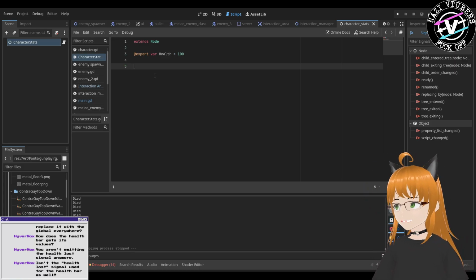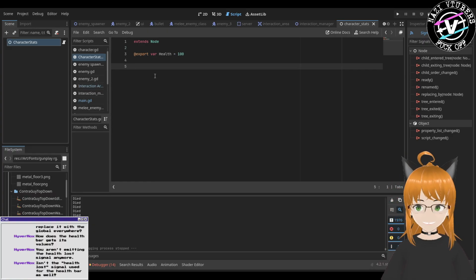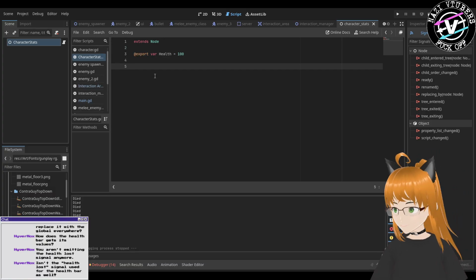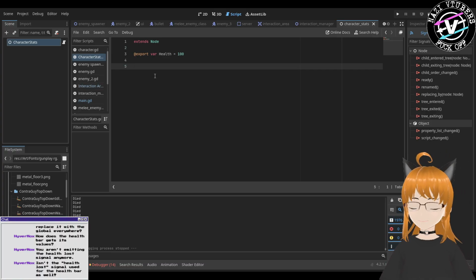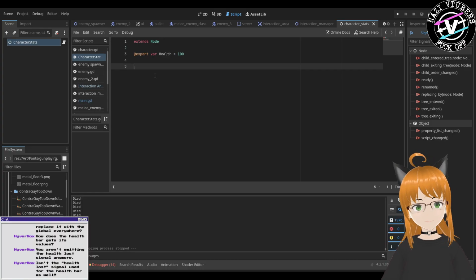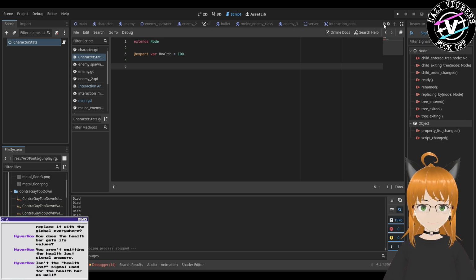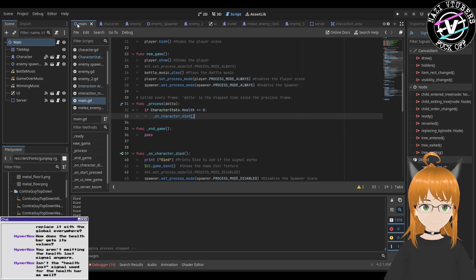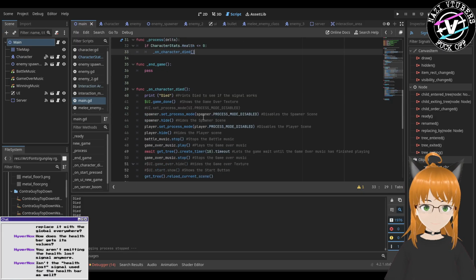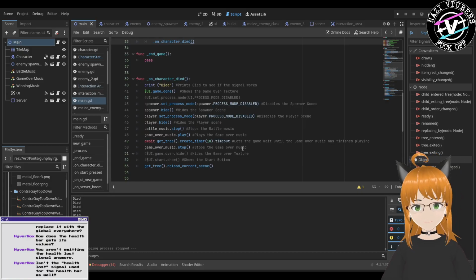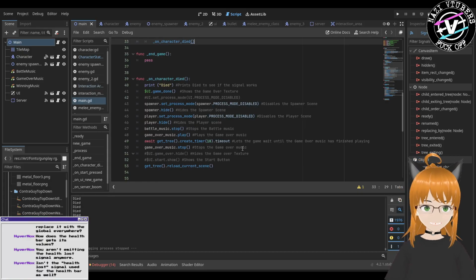So this works. In a shitty way. The UI isn't working yet. Okay. Woo! Okay. We are not totally lost here. We just basically need to add some extra stuff to on character die because